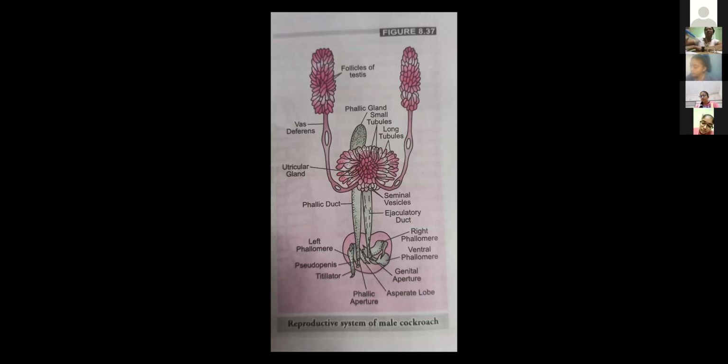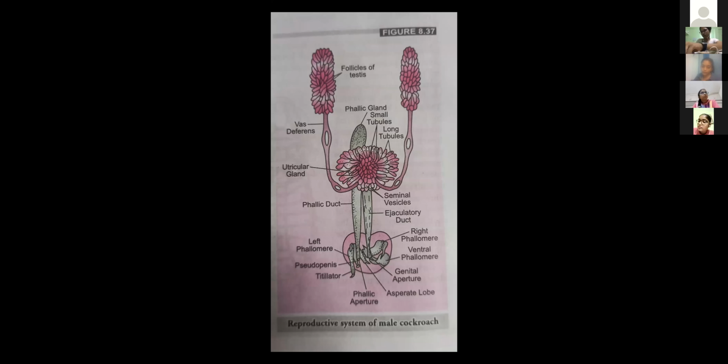Correct. On the basis of the external characteristics, these cockroaches, or organisms, can be separated. This one is a male cockroach, this one is a female cockroach, right? No need to dissect the organism for that, that we call sexual dimorphism, right? Now here the sexes are separated first of all. Okay, the organism is dioecious, sexes are separated. So we have to separately understand the male reproductive system of cockroach and female reproductive system of cockroach.